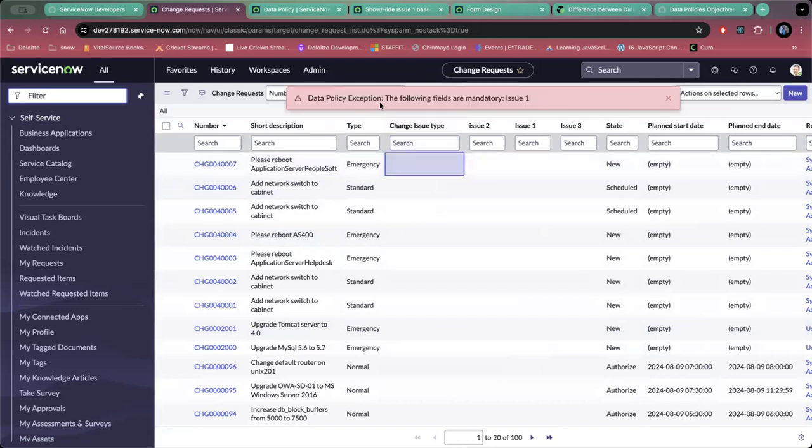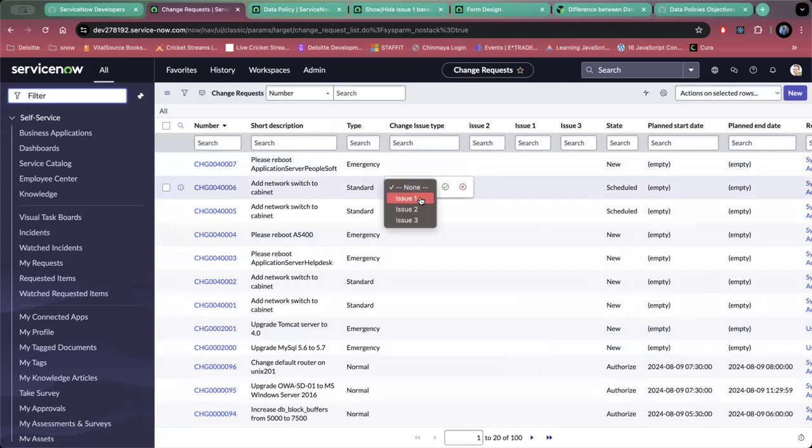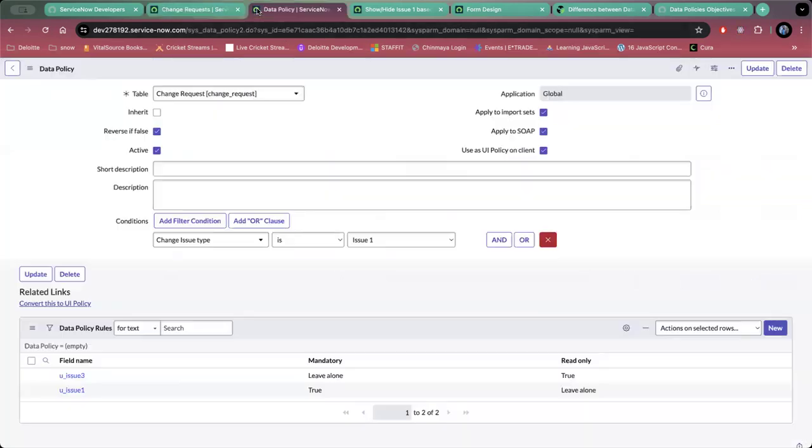try to make this change, you will get this exception, which is called data policy exception. So it won't let you modify it, because this is checking from the backend server side. And similarly, if you change this change type to issue one, it won't let you do this because, same thing. But I will make this inactive